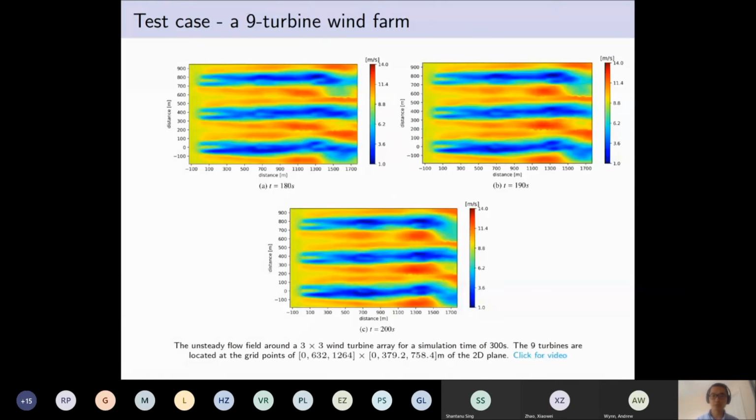And to fully demonstrate its ability to simulate large wind farms, here we give the results of the simulation of a 3 × 3 wind turbine array for a simulation time of 300 seconds. Later we will show a video of these simulations. We can see that our model can actually capture the unsteady wake behaviors similarly to large eddy simulations, but it just takes several seconds on